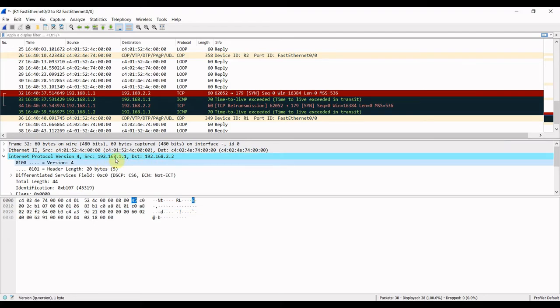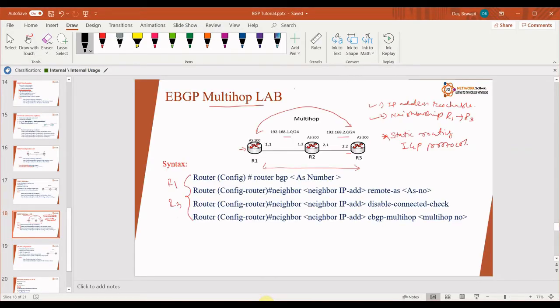This is the R1 IP, and from R1 the BGP packets are initiated, and the destination is our R3 router, which is 192.168.2.2. So the packet is going from router 1 to router 3 via router 2.